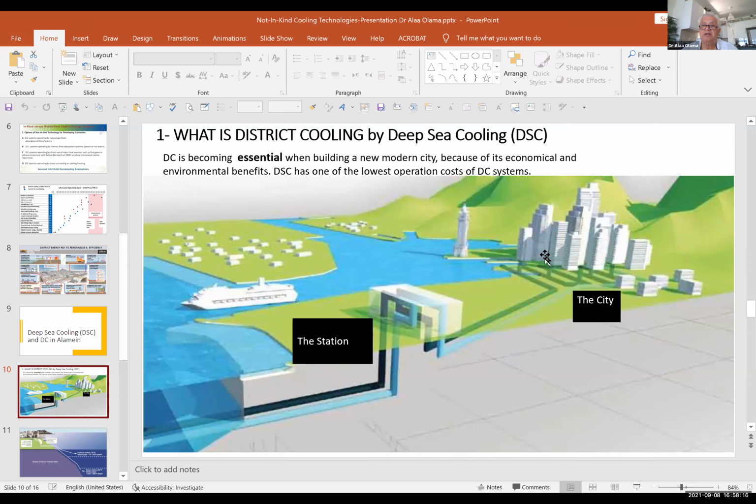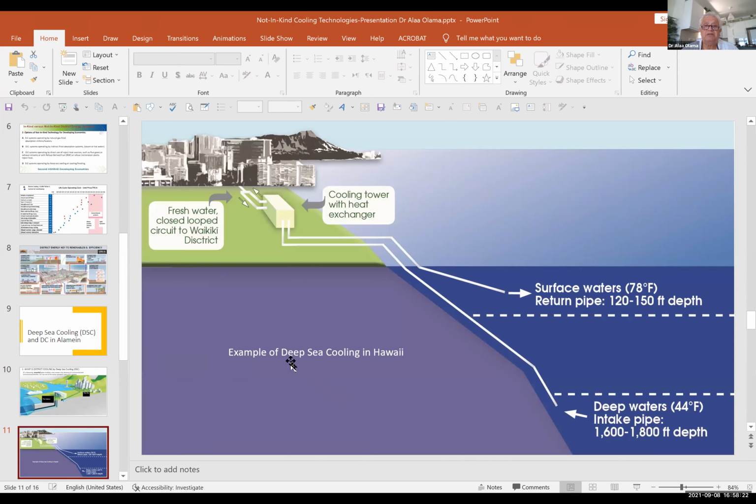Now, this can also be done by laying pipe at certain depths. In particular, if you go down to lower than 1,000 meters in the sea, in an open sea, you will probably get temperature in the range of 4 or 5 degrees C. So you will take here the water from the lower